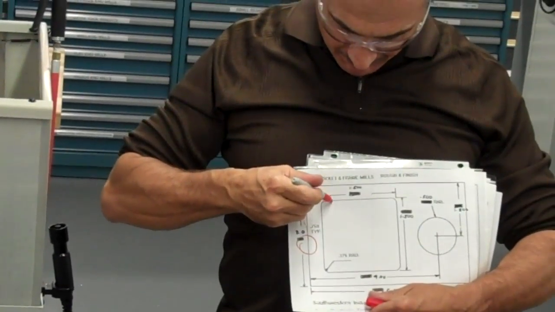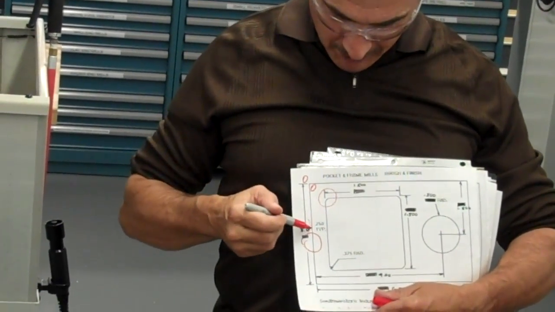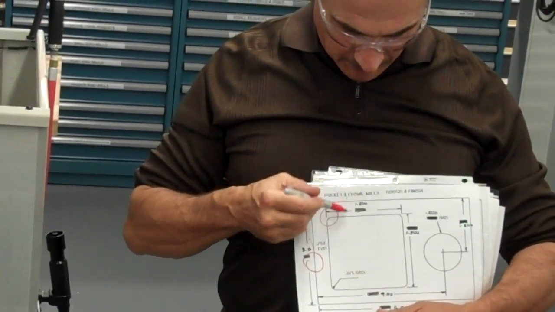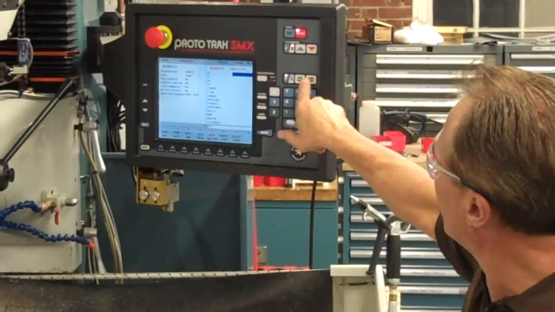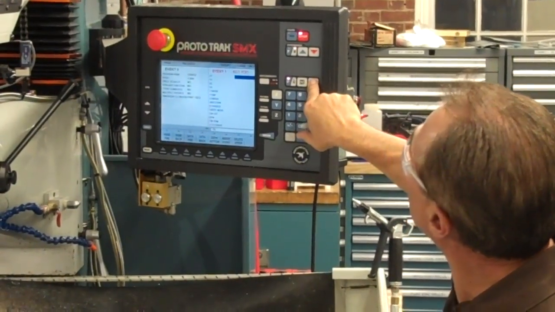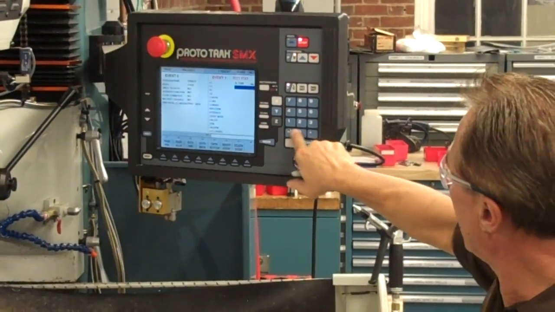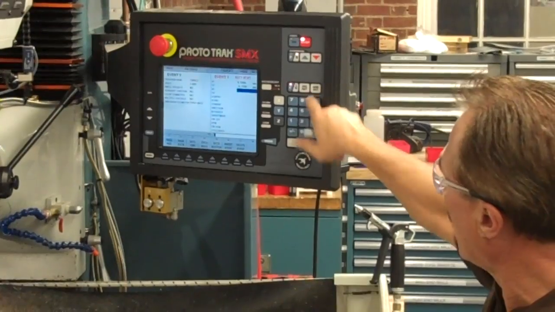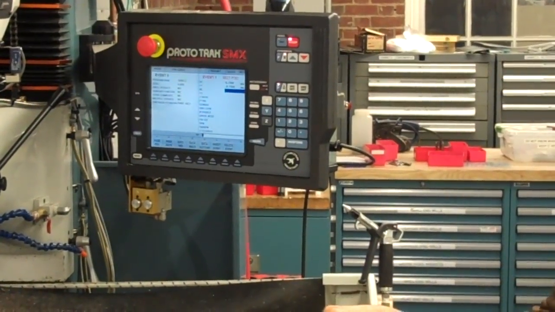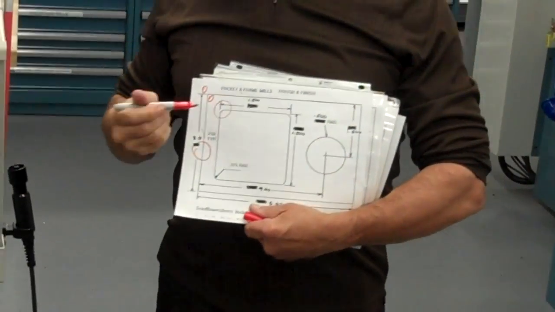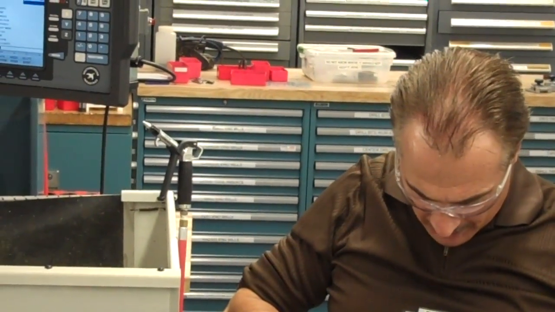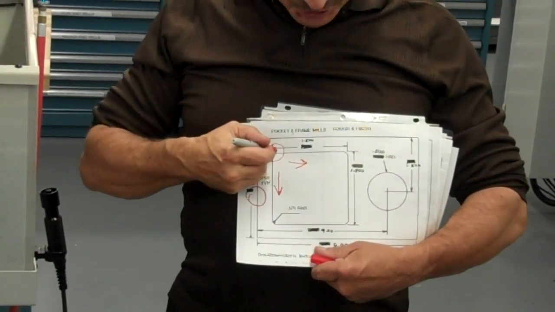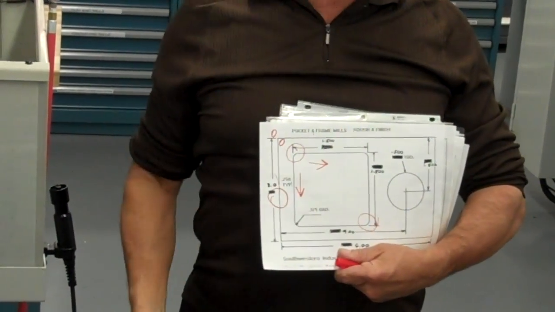In my case, I'm going to say this is the first corner, because I know it's 0.750 typical X and Y to that corner. So 0.75 on X as an absolute, and negative 0.750 on Y as an absolute. Once I know this corner, the only other corner I need to know is the third. No matter which way you decide to mill the workpiece, if this is the first corner, that will always be the third.